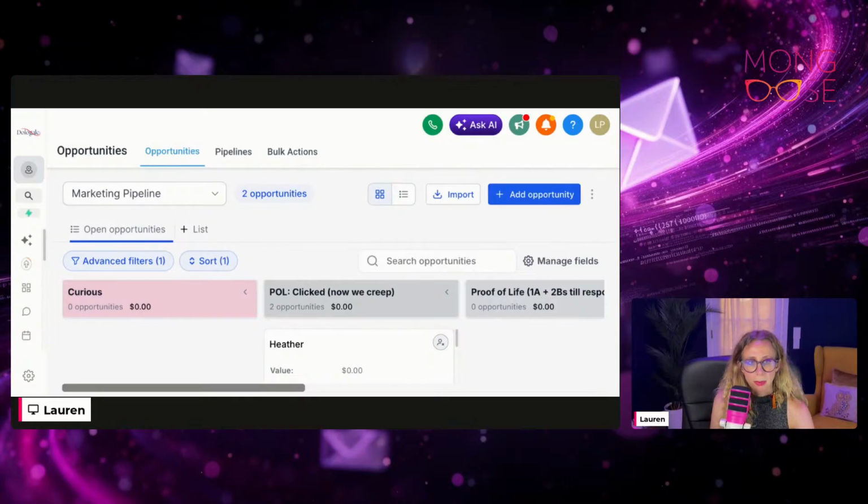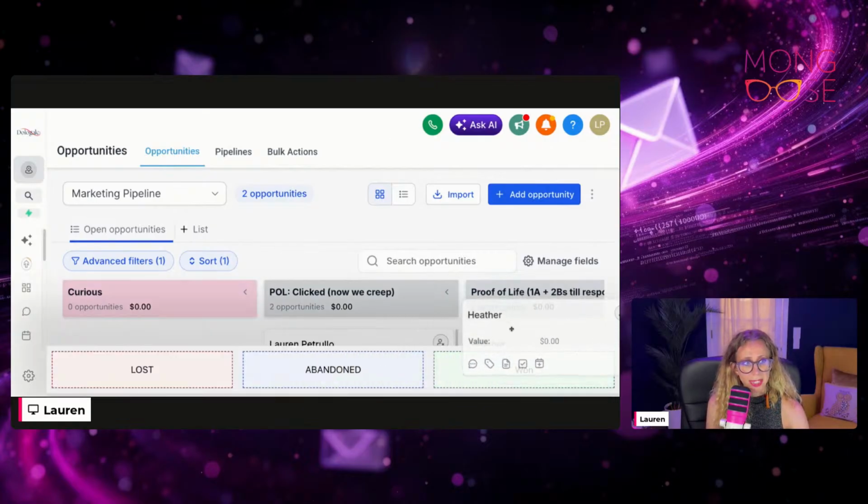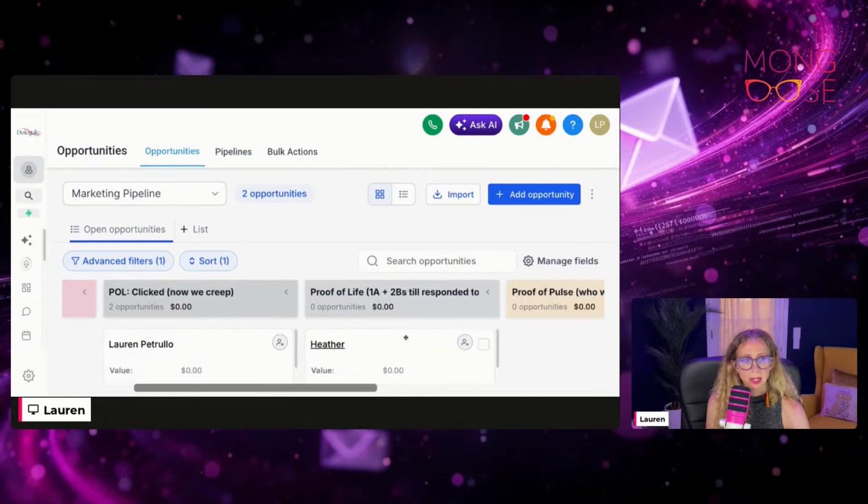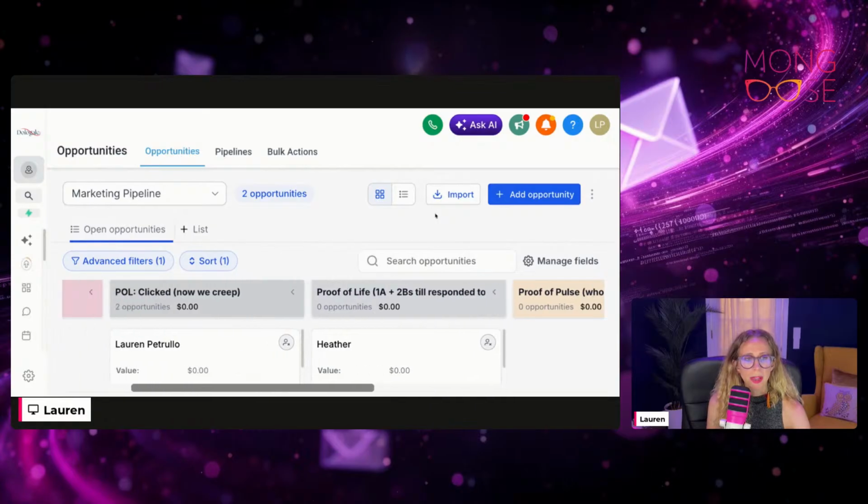So we have talked about how if you have someone that signs up curious and then you're using your emails to signal a higher priority, both to the data systems and to your sales team, that someone has clicked, it's time to creep so that we can start doing lead scoring. The next thing that we have is this proof of life. Again, this is a triggered-based pipeline stage.